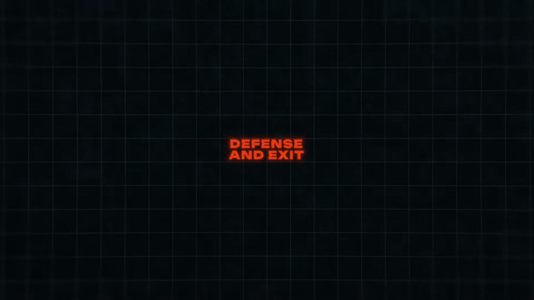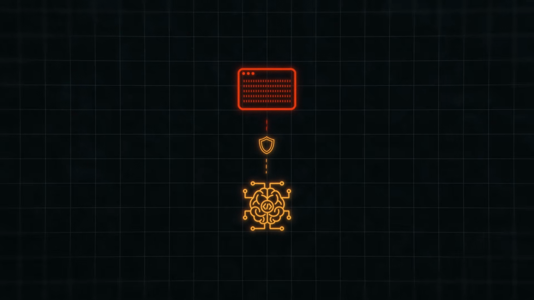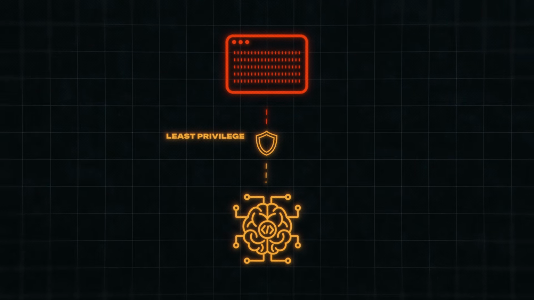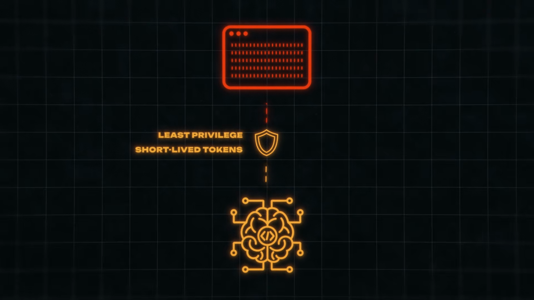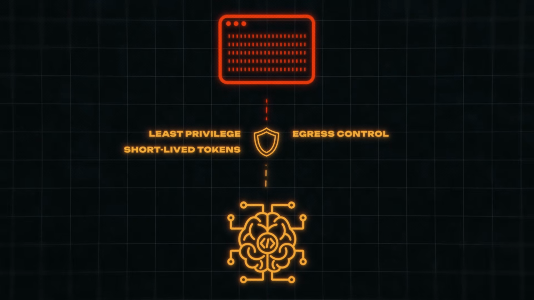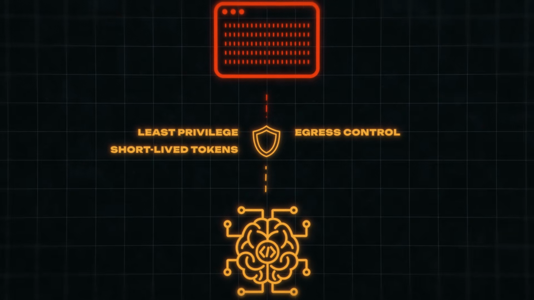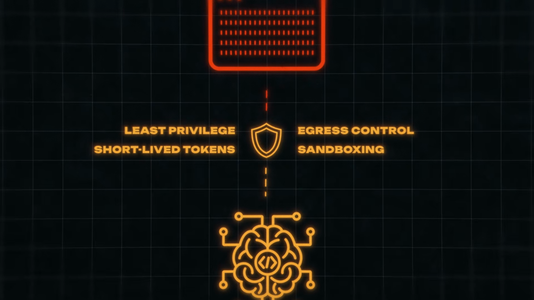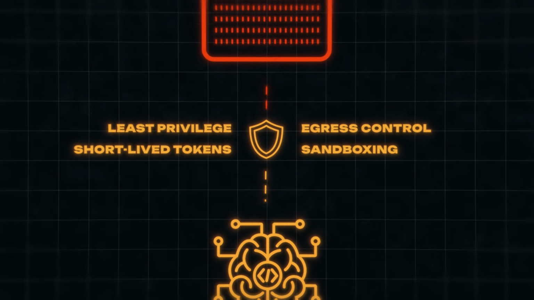Defense and exit. Defense against AgentJacking is built around one principle: narrow what the agent is even able to do. Least privilege. The agent gets exactly the rights the task needs and nothing extra. Short-lived tokens. A stolen key is useless within minutes. Egress control on a deny-by-default basis. Outbound connections are blocked until explicitly allowed, so there's simply nowhere to leak the data. And sandboxing. Isolating the agent from the file system and the network, so even an executed command can't reach the